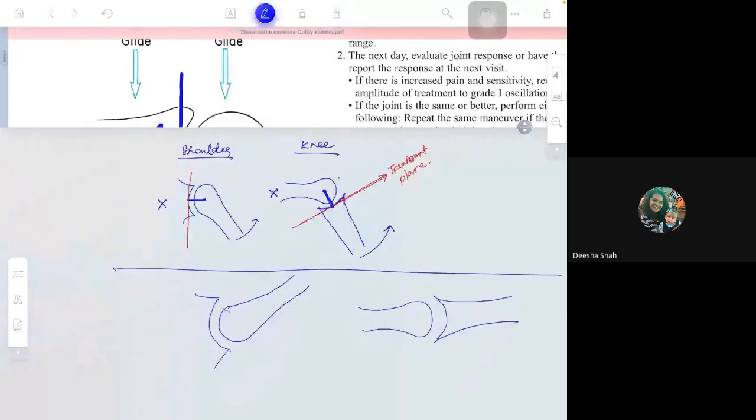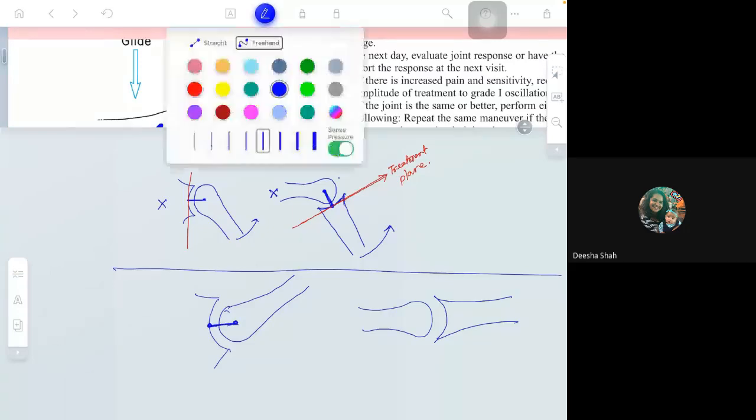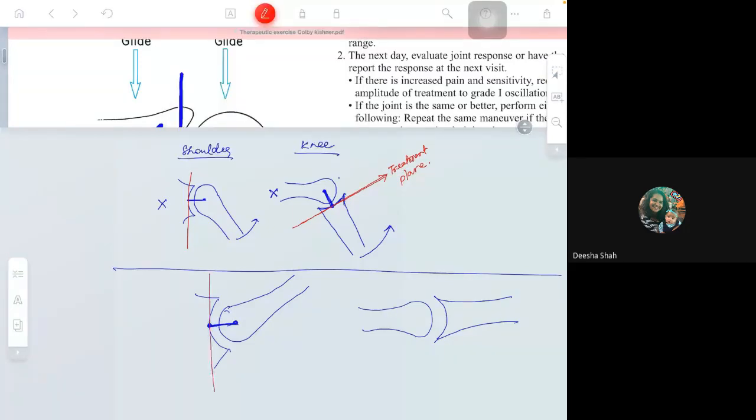Now I am drawing the treatment plane. This is the axis of rotation. This is the center of the concave partner, and I am joining these two lines. Now I am drawing the treatment plane perpendicular to this line. Clear? This is the treatment plane. Here it is the same. See, it has not changed. Is it changed? See, both are vertical. So the treatment plane is not changed in example A.